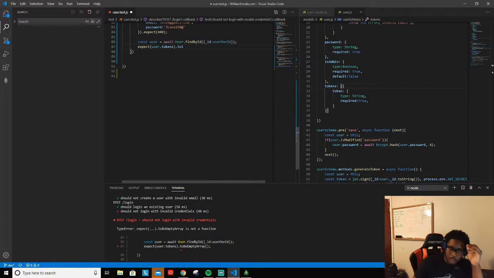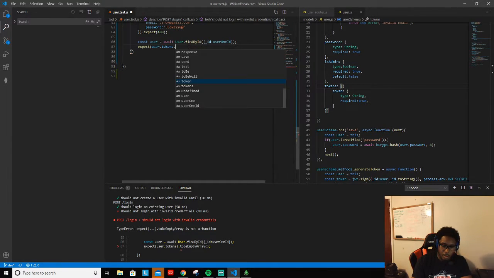I guess we can test the length, right? So that's another way we can do it. We can say expect tokens, and I might have to do... so we're gonna do two things. We're gonna go all the way back to when I print stuff out, and what I want to do is